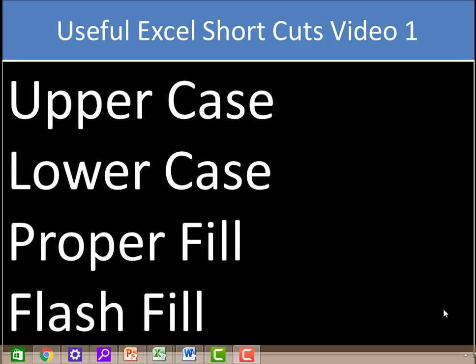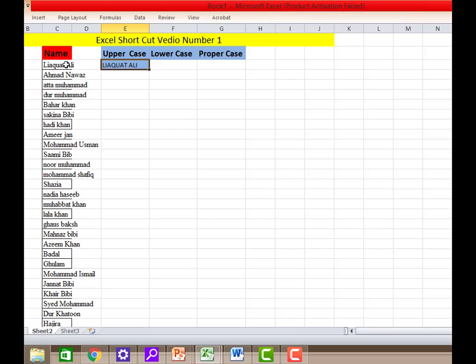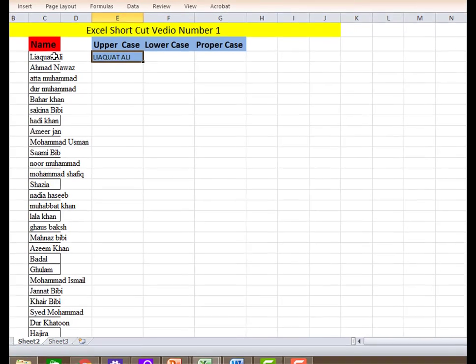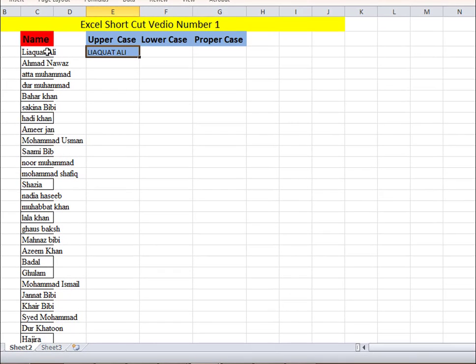In another video series, we are going to discuss some useful shortcuts in Excel, which are uppercase, lowercase, proper fill, etc. Let us go to the data side. So here is the data, which has names, and the cases are more than 5,000. And the names arrangements are not in a proper way, like these are not in uppercase, not in the lowercase,